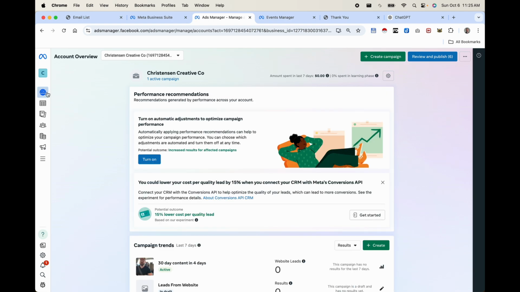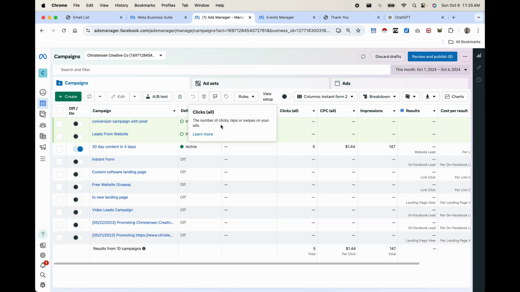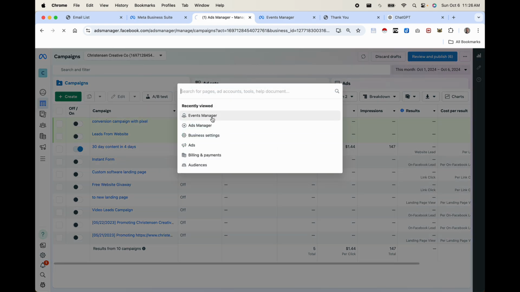And you can see when you come over to your campaigns and you go to create an ad, it will prompt you at some point during the stages of creating an ad to create a data source. And then it kind of leaves you hanging, like, okay, I was prompted to create this data source, and now what? It's a little bit odd. So at that point, you just leave it in draft, and then you come back down to search, and you come back over to the Events Manager, and then you can pick up where you left off,